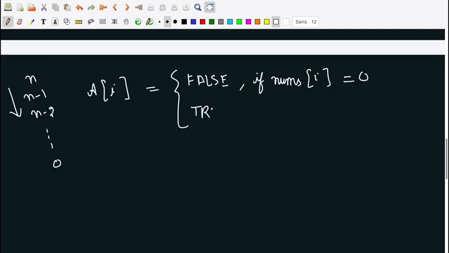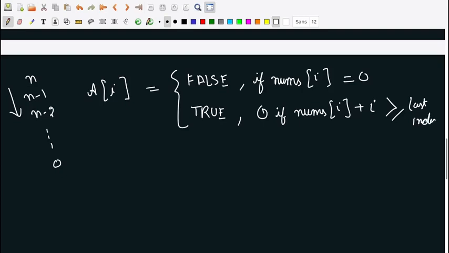The value will be true in two conditions. So the first condition is if nums[i] plus i is greater than or equal to the last index. Okay, right? What we mean by this is, if I have to represent it conceptually,